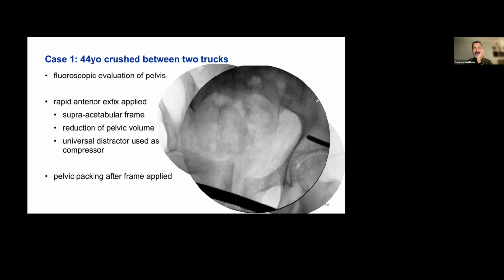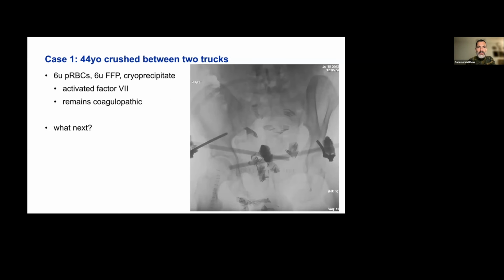So my thought was to get my pins as far into the posterior pelvis as I felt comfortable, and the angle of that one is certainly towards the greater sciatic notch. It's about as far as we could go, but using those pins fixed at that angle and using the distractor as a compressor, we were able to close the pelvic ring down somewhat. Nice. So still a little bit wide in the back, better in the front. And as you can see, we did do some pelvic packing.